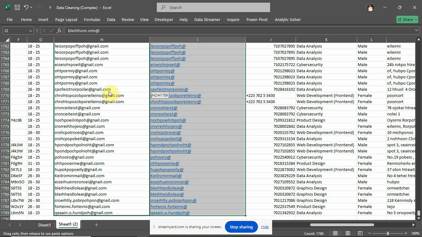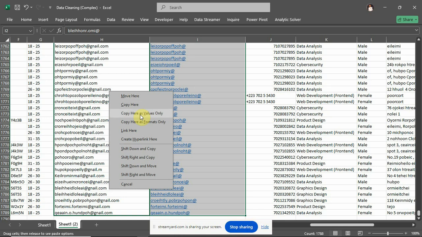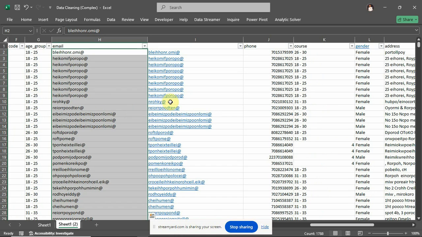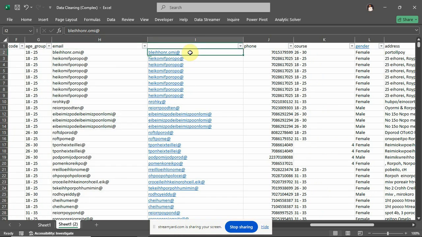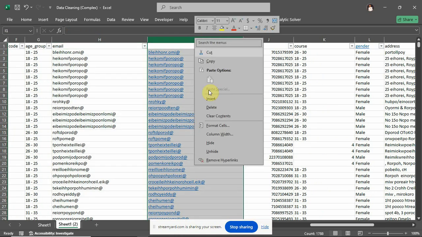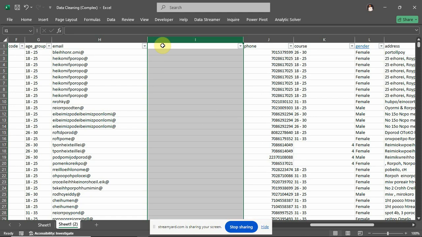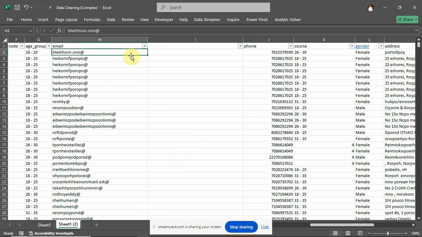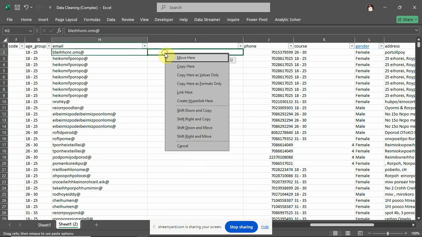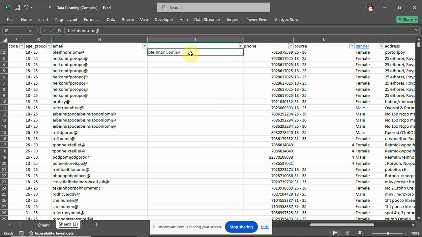So once again, with my fill handle, right click and drag here, and I'm going to copy here as values only. So remember, you are only doing this if you are sure that everything is supposed to be the same email ending, like at gmail.com. Okay, so if I'm copying that here,